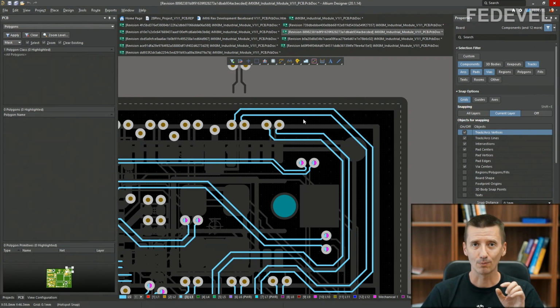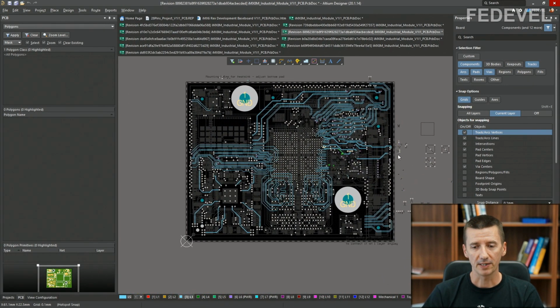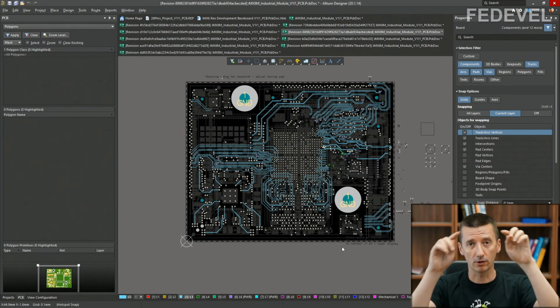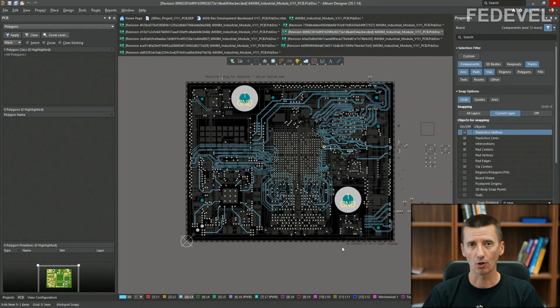Another more practical reason why you really don't want to route very close to these edges is because very often your PCB will be placed in a panel with multiple PCBs. And when the assembly house is assembling your boards, when they are soldering components on your boards, they will do it for the whole panel, and after they solder your PCB, they will need to remove this PCB from the panel.